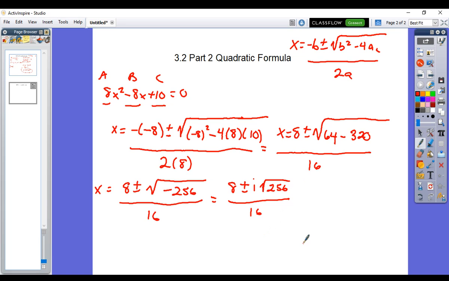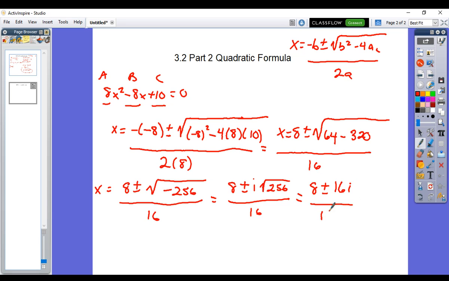Anyone want to take a guess at this? Anybody? 256 square rooted? Going once, going twice. Yes, you are right. Bam, bam. It is 16. So we square root that. We got 8 plus or minus